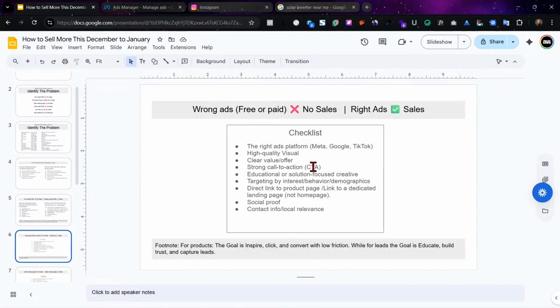So the first thing in order to run high quality ads is, like I said, know the platform you want to run. I like Meta, but this is why you choose Meta. People are always on Meta, meaning Facebook and Instagram, just in case you're asking. They are always searching, but they are not ready buyers. Put that in mind. They are not ready buyers. There are people who, like me and you, just browse and see an ad and think, oh, okay, this interests me. Or maybe I've talked about wanting to brush my teeth, right?